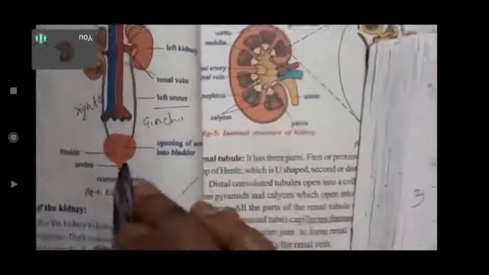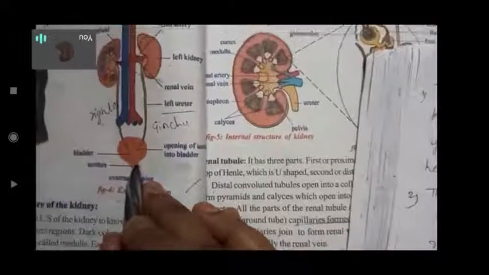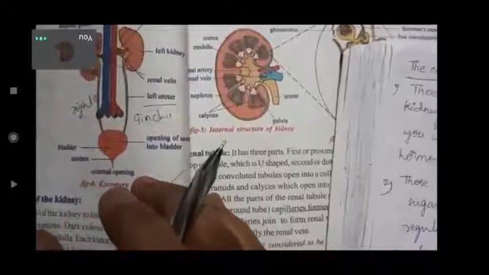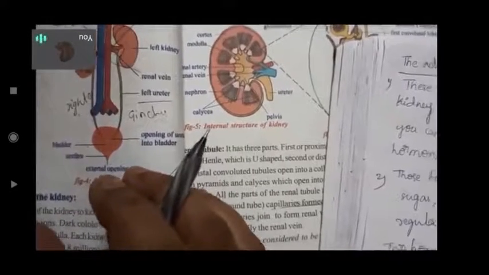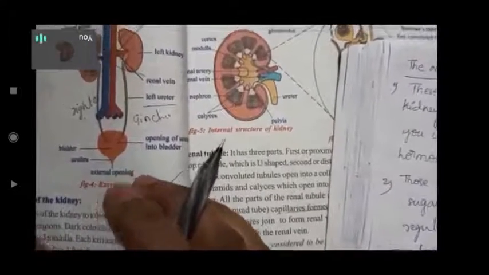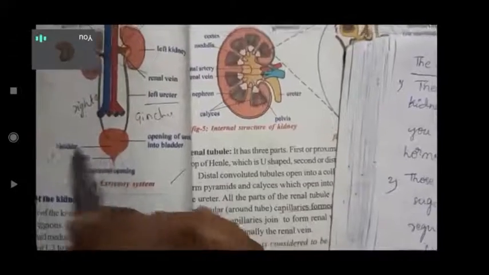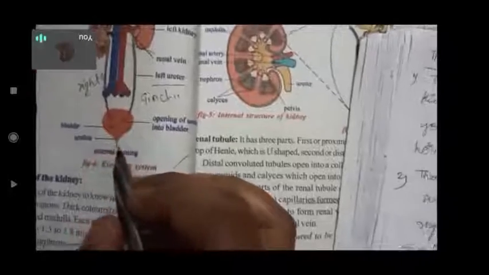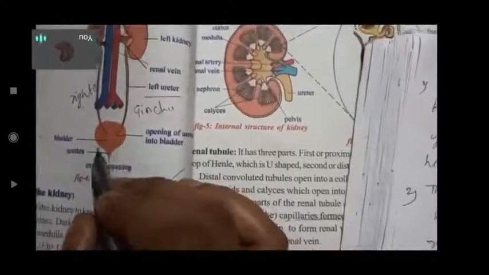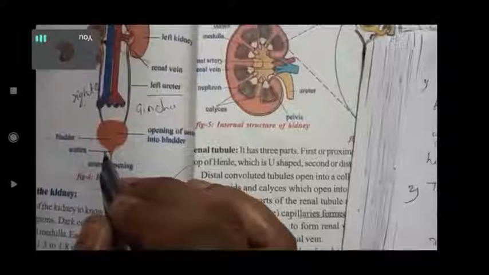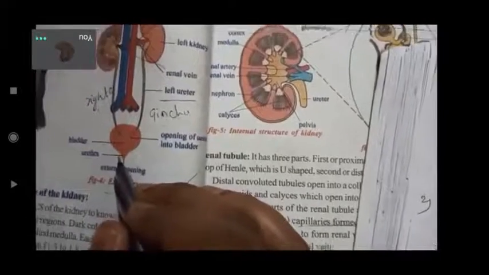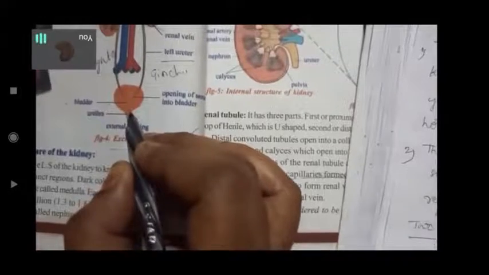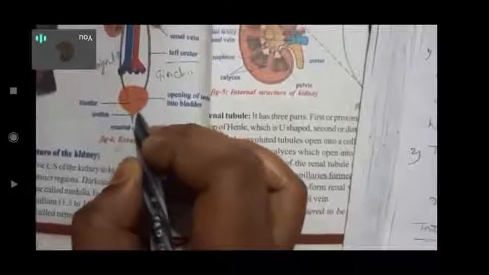And coming to the bladder, which exists in the pelvic area, it is a muscular sac, useful for allowing urination to be controlled. For controlling urination we need the bladder. If the bladder is damaged, those people will not be able to control their urine. So the bladder is a muscular sac which stores urine, the urine storage space.